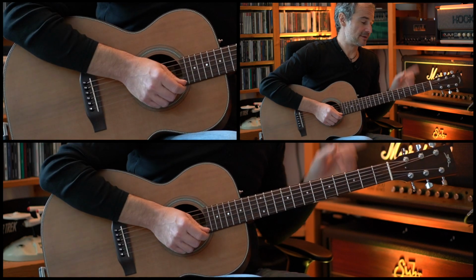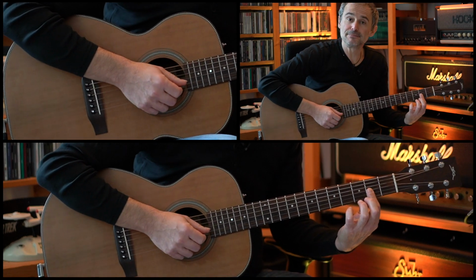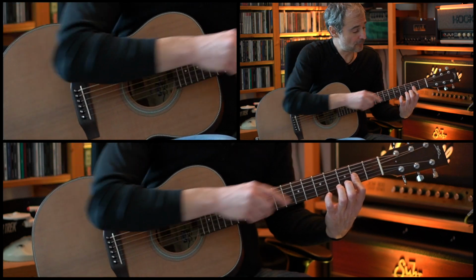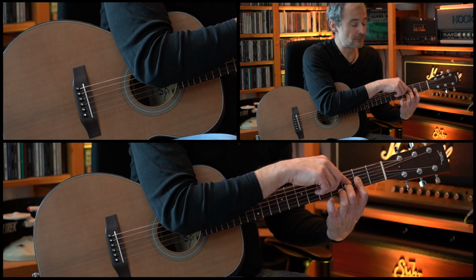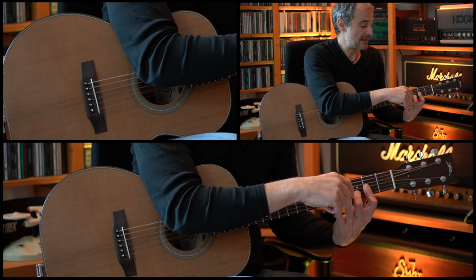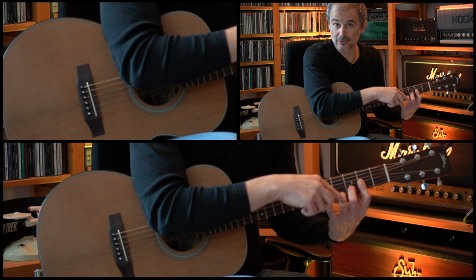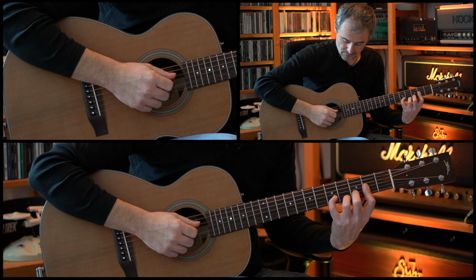Here we're using the 1st finger to bar the G, the B, and the high E string on the 2nd fret, and we add the 2nd finger for the 3rd fret of the B string. So we have the same voicing for the D major chord, and now we can add the 3rd finger on the 4th fret of the high E string and the 4th finger on the 5th fret of the B string